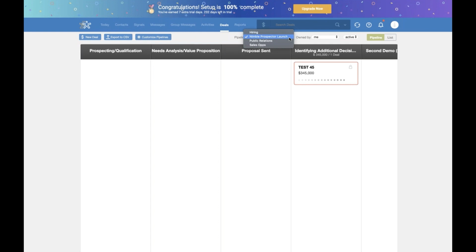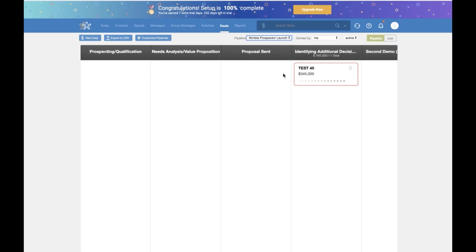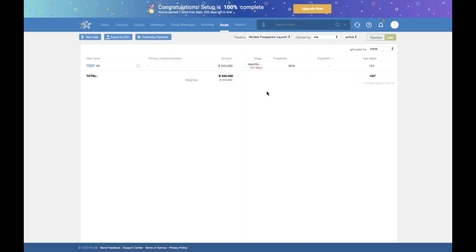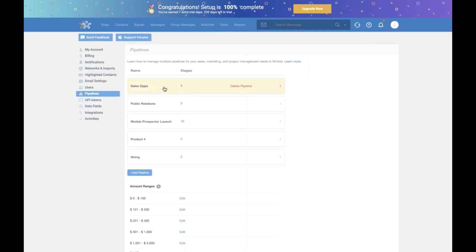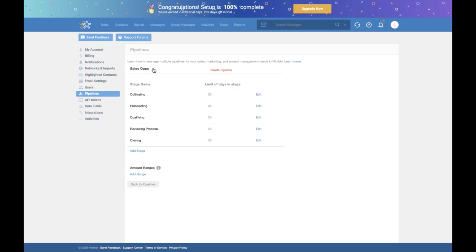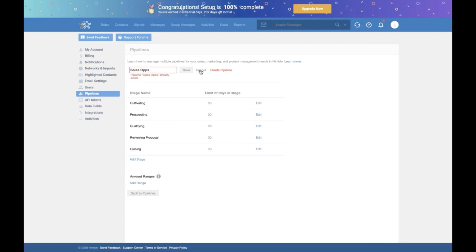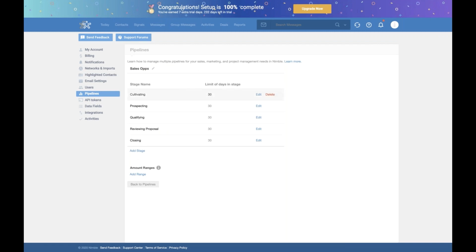You can create as many pipelines in Nimble as you want. You can also view it as a pipeline or as a list. And we already covered what it looks like when you edit it. So you can rename it. You can create as many stages as you want. You can edit the name. You can also drag and drop here. You can also set the number of days you allow each deal to stay in each stage. The range amount can be set up,